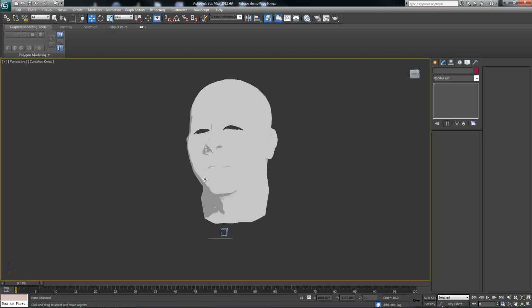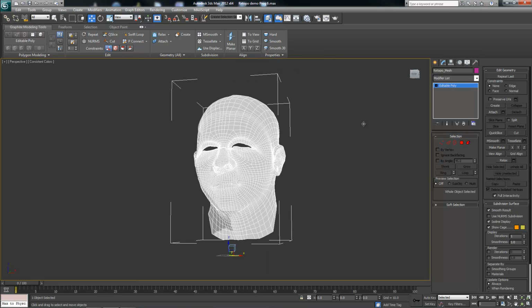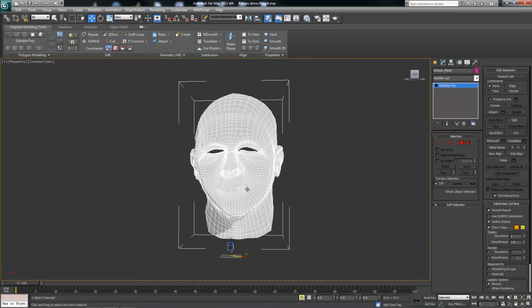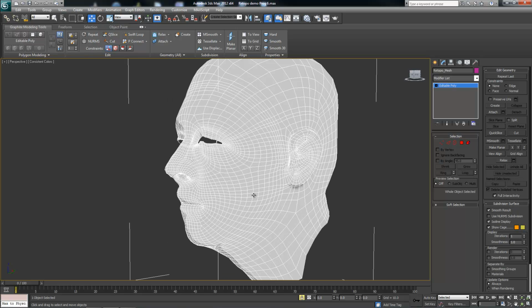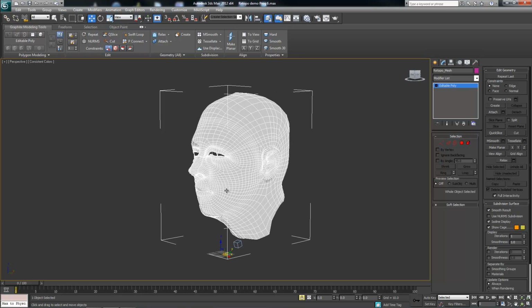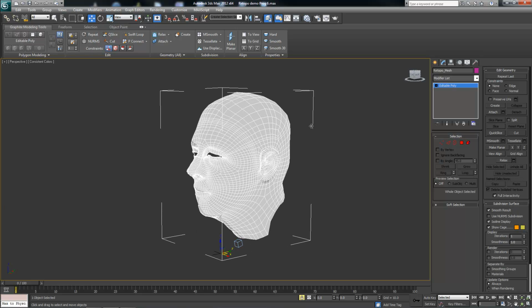Okay, so we have our 123D Catch retopo here. We're going to need to apply some UVs and transfer our textures over. So we're going to go ahead and do at least the first part of the process where we get to have UVs where we can transfer things onto. So what we'll need